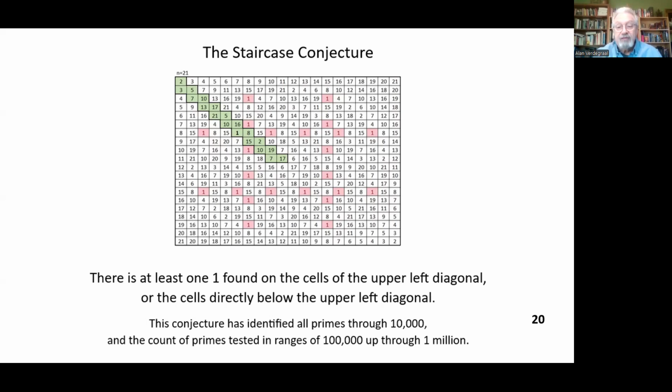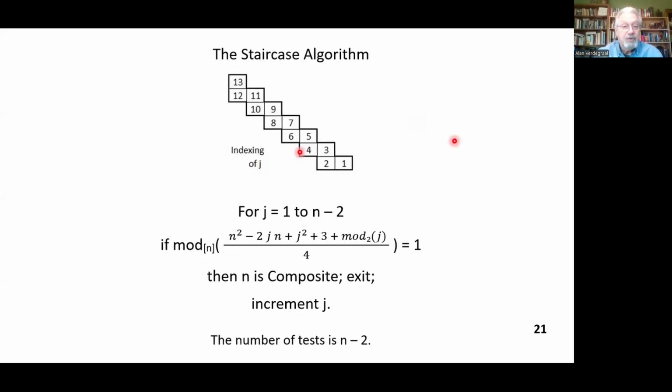Using this search pattern, the largest prime identified that I have found is around 4.2 billion. And it does it in about 60 seconds on my laptop with an Intel Core i7 processor. Of course, it finds composite numbers in a fraction of the time, since as soon as it finds a one, n is determined to be a composite number. So we have this algorithm, and it walks up, and if any of these cells have a one in it, we know right away it's a